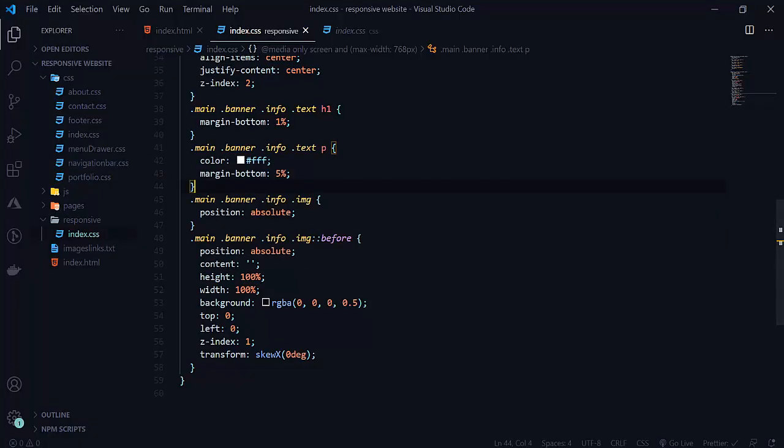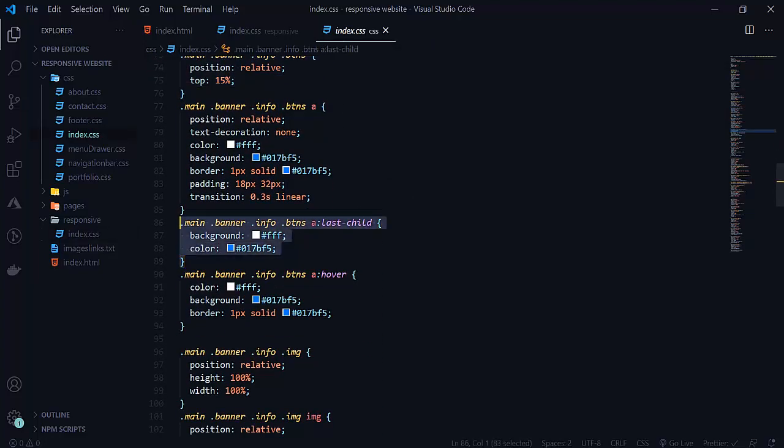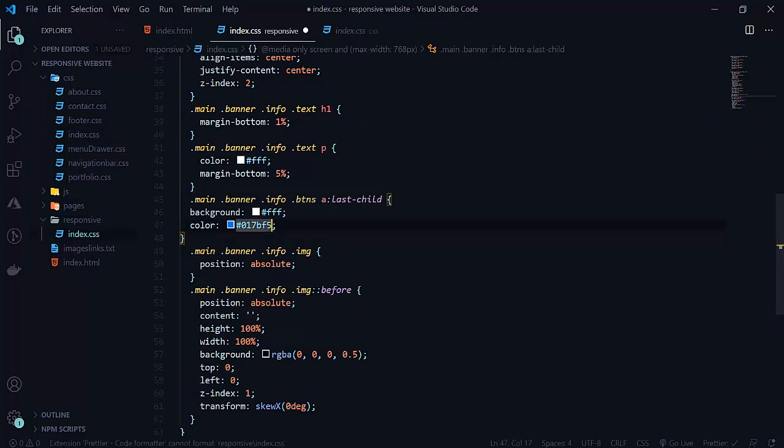So let's go to our buttons here. So we want to change our button last child here, copy this and paste it here. So for the last child, background will be none here, so for background we will write transparent. So reload this.